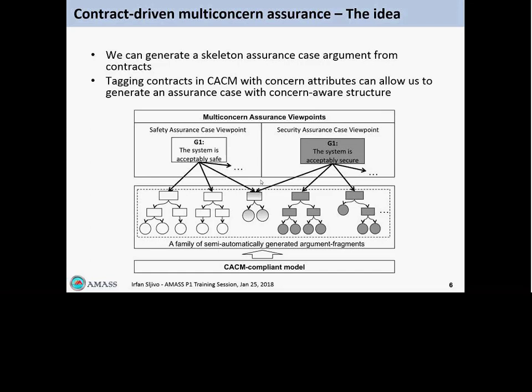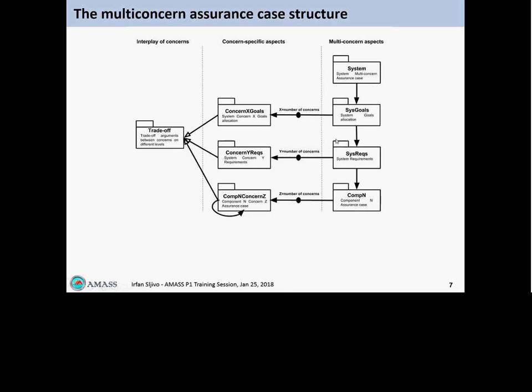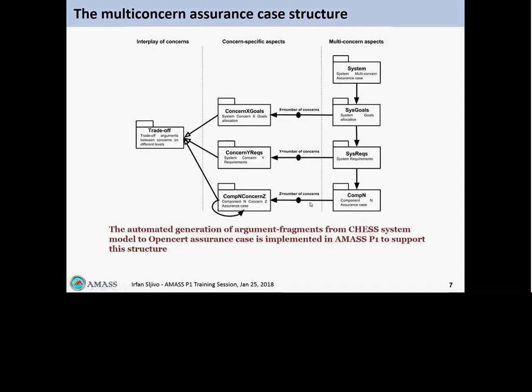So how a possible structure would look, this is what Alejandra already showed. That would mean that for each of these that we said before, system level, system goals, system requirements, component assurance case, we can divide those based on concerns, as said before. Such that each of these can have separate parts for concerns, and then the trade-offs, the interplay between them, can be discussed in a separate module. So the generation from the CHESS system model to the OpenCert assurance case, we implemented with this in mind,